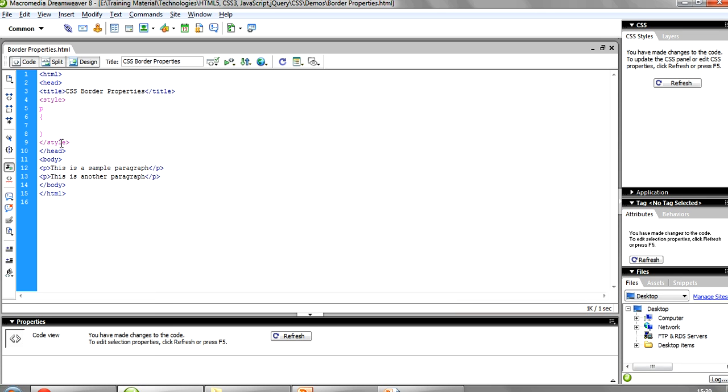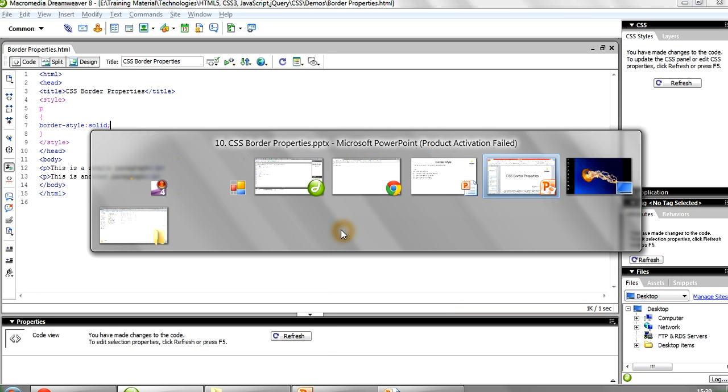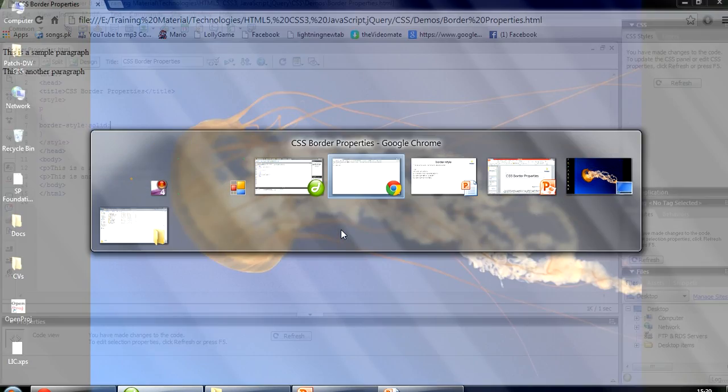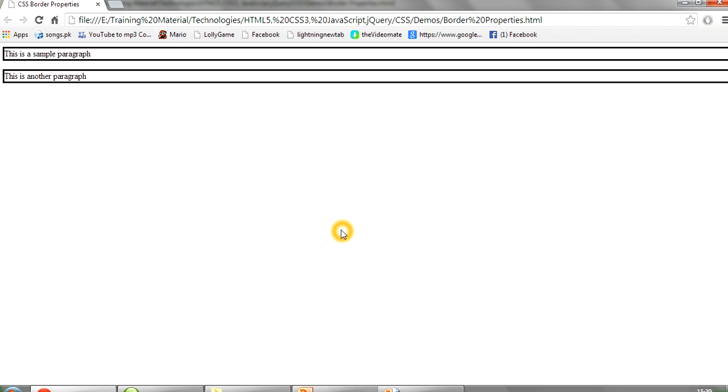In the style tags I want to apply the border properties on this particular paragraph. So over here first of all I'll write border style. If I write solid and save it, refresh it, you can see a border has come around this